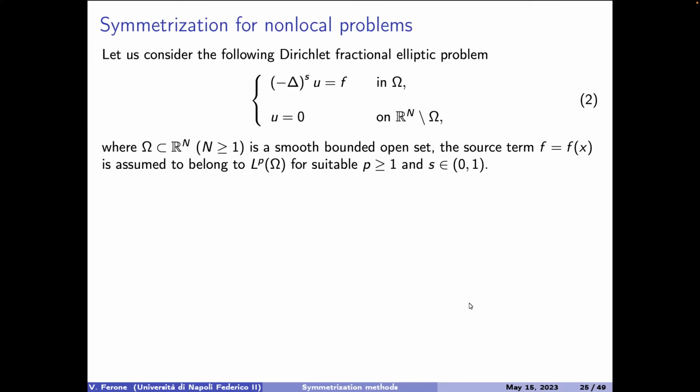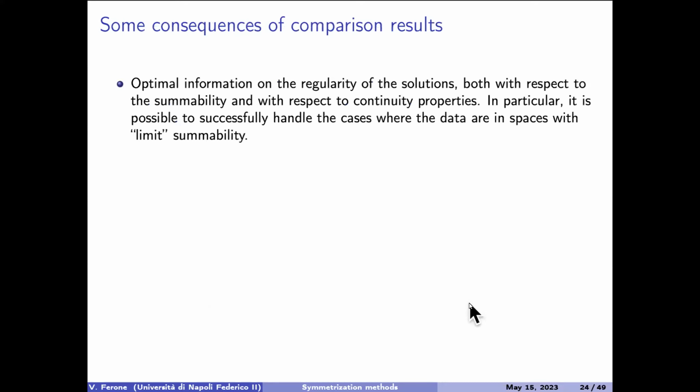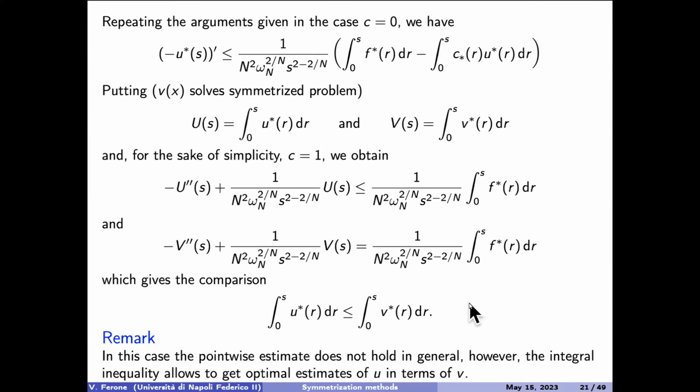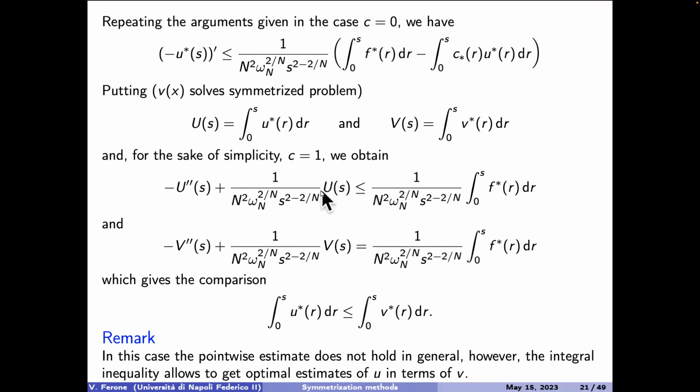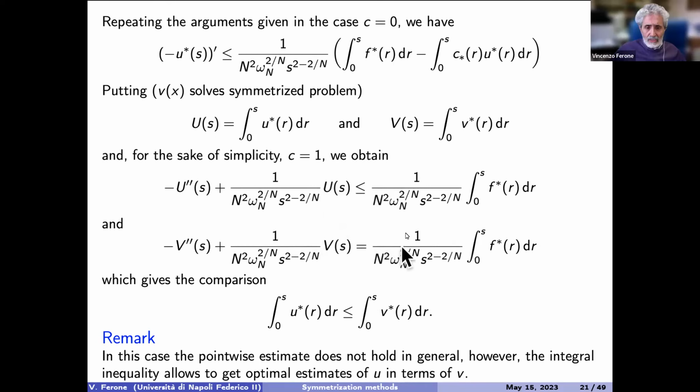Sorry, can I ask a question? A couple of slides ago, about the low order perturbation. What if C is, say, a little bit less than 0? No, if it is 0, there is a problem. Okay, slightly smaller than 0. An inequality. So you have to get a comparison of this kind. If you have this positive part, you go on the other side. So there is a problem of existence related to the eigenvalue. If it is not bigger than the first eigenvalue, you can still get this kind of inequality.